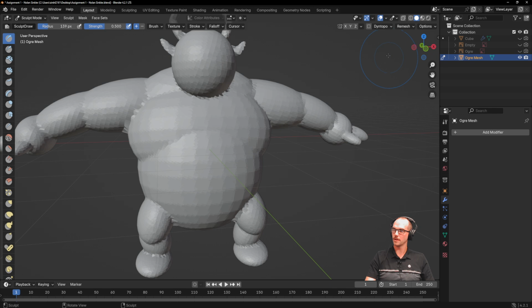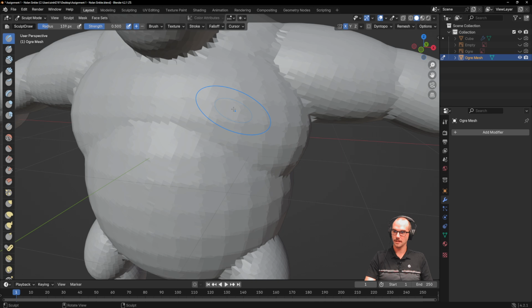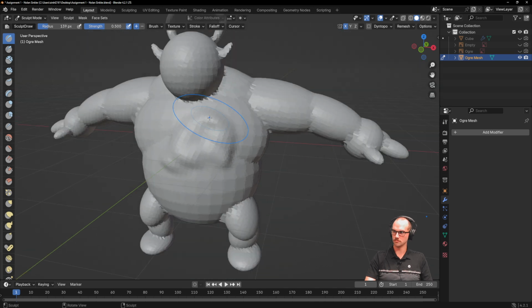Let me undo these a little bit, because this is another time where I undid one too many. Let's do a remesh. Another time where you probably want to continue to do things symmetrically. So I encourage, before you start sculpting, once you do the remesh, turn on sculpting symmetry. Turn it on in the X like this. So any smoothing that you do over here, it's going to